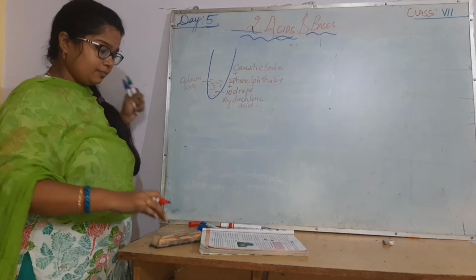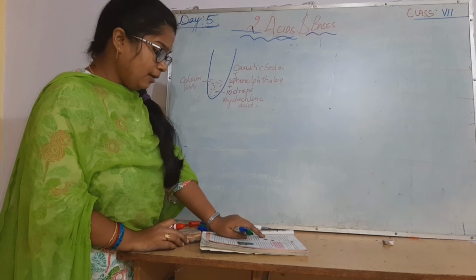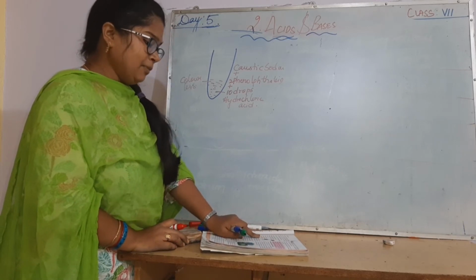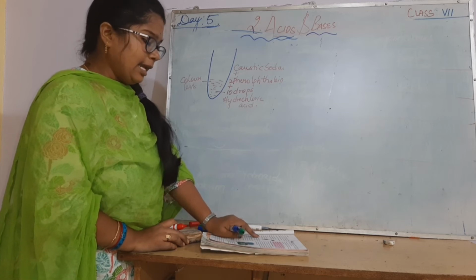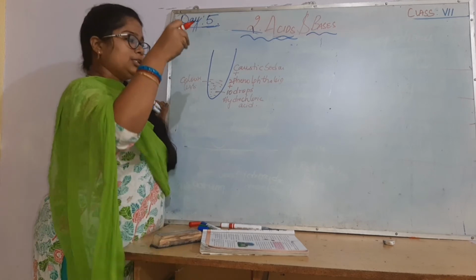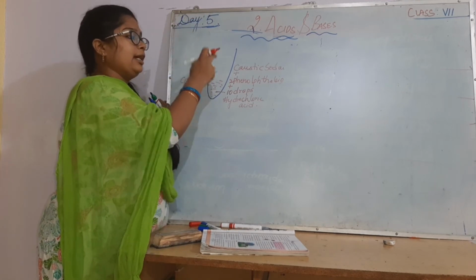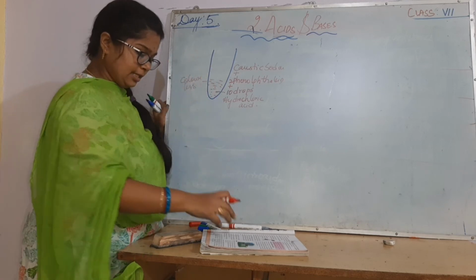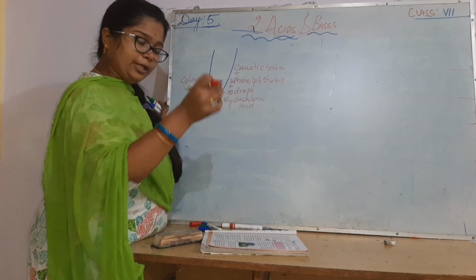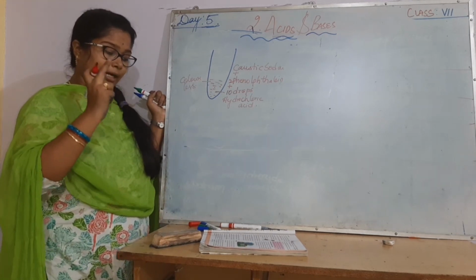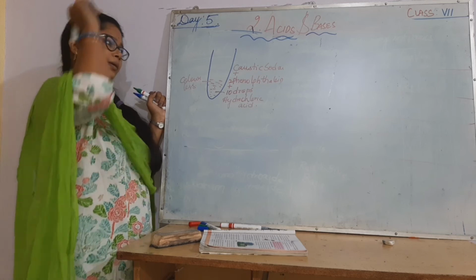Now, drop by drop. After each drop, shake the test tube well and see if there is any change in color of the solution. After each and every drop, you mix it and see when any change comes. Keep adding the caustic soda drop by drop until the color begins to turn pink.